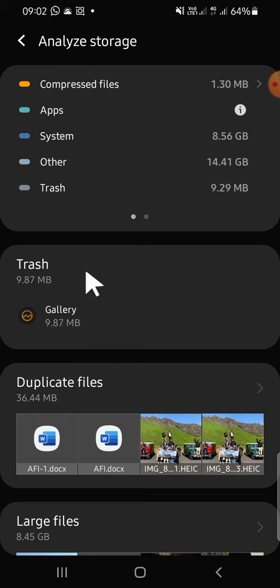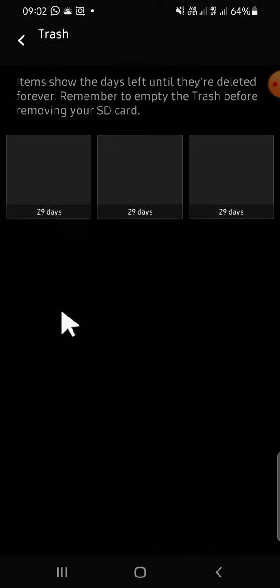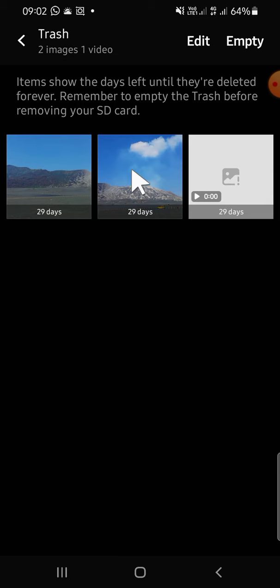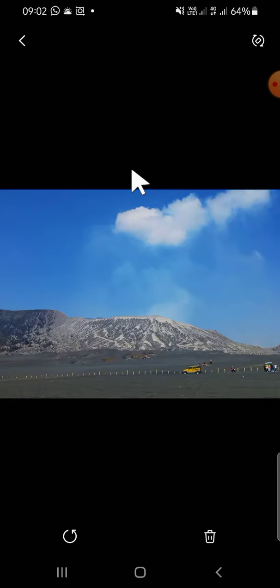Alright, and I'm going to restore the photos from my gallery, so just tap on the gallery option, then just tap on the photos that you want to recover, then we can click on this recover button. Okay guys, and that's how we can recover deleted photos on